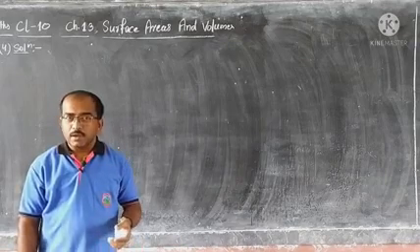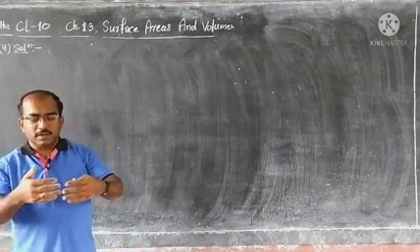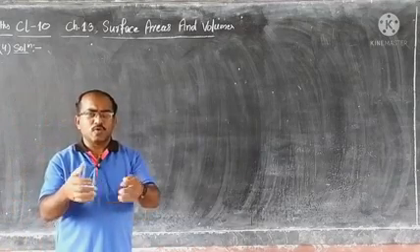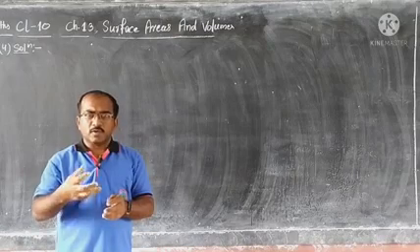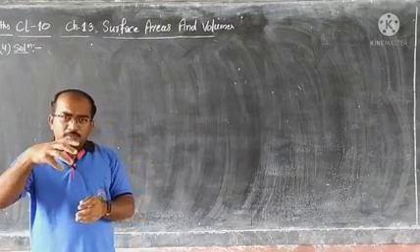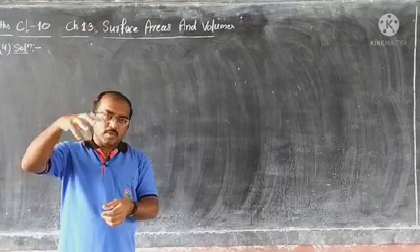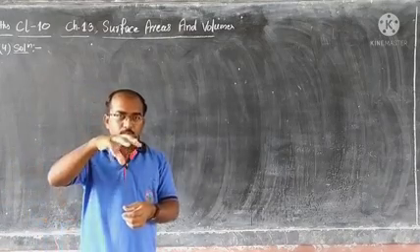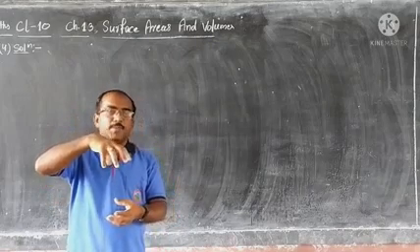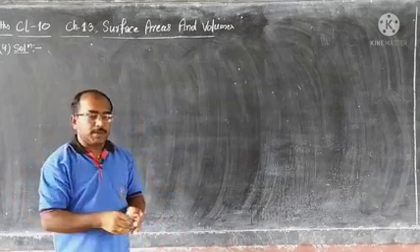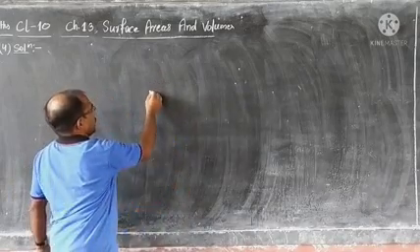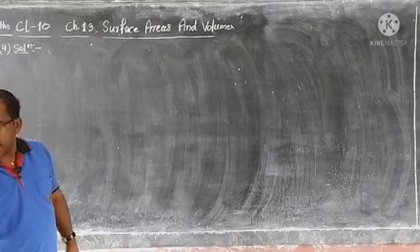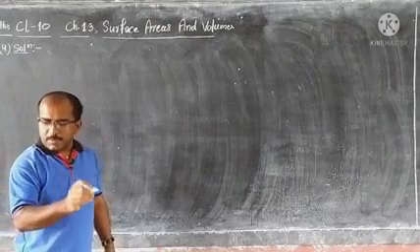Just imagine what the situation is here. There is a cubical block, take the example of a chalk box, and of the same diameter we are taking one ball. Ball means not a playing ball, but a utensil, one ball is there, and we are just overlapping it on that. So, what will happen? Let us try to see it in the figure. A cubical block of side 7 centimeter is surmounted by a hemisphere.